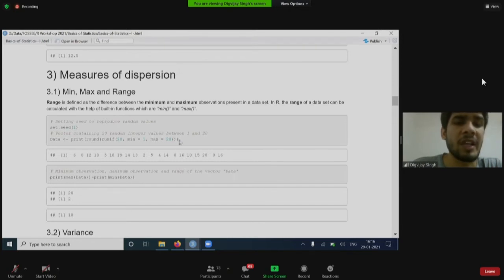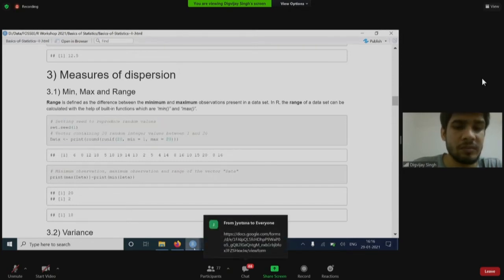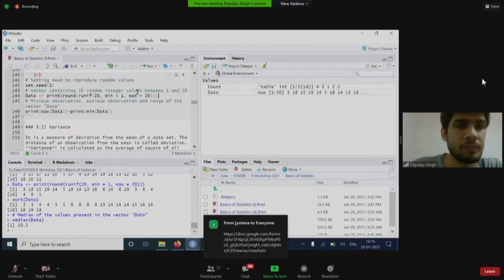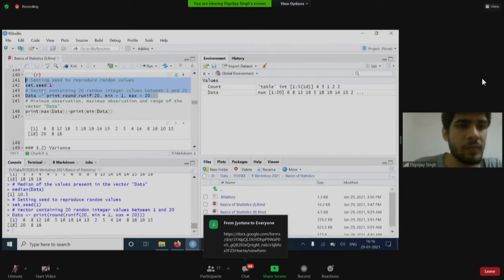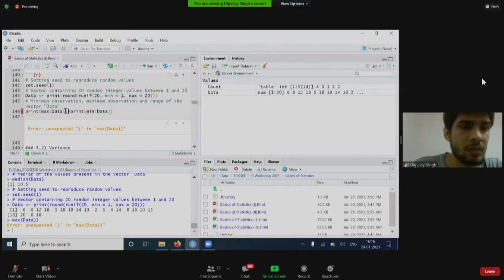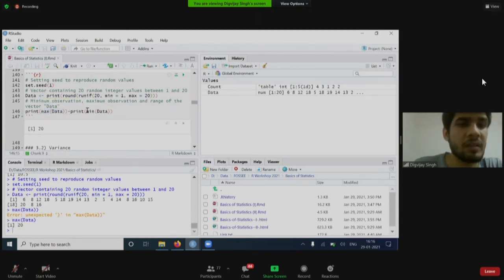Again, I'm creating some random values. Then in one step, I'm finding the maximum of the data, which is 20.